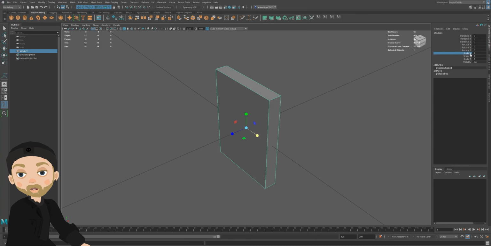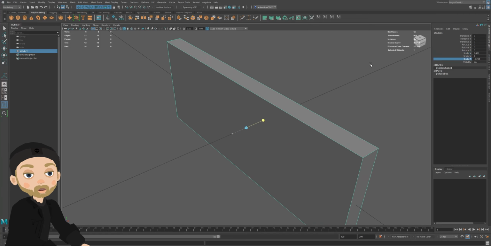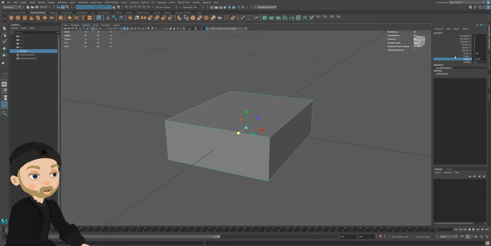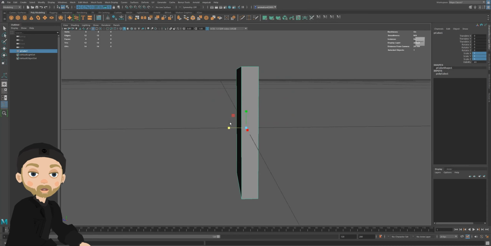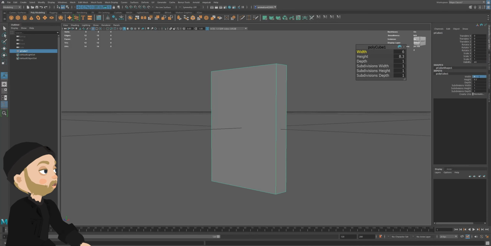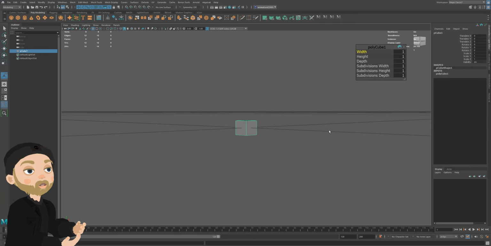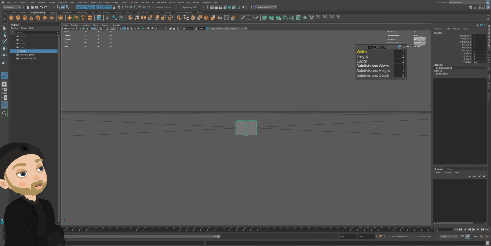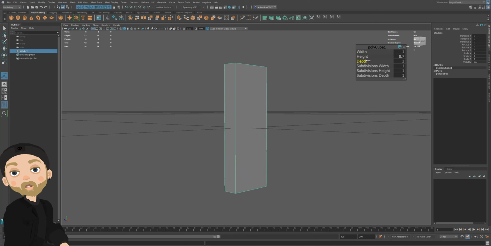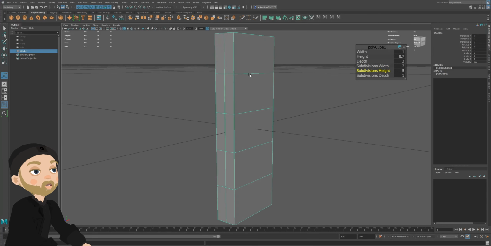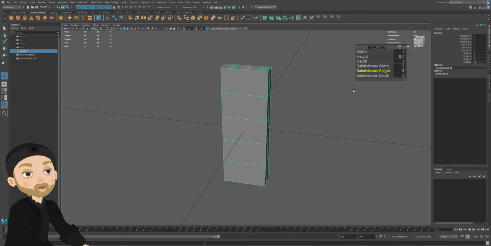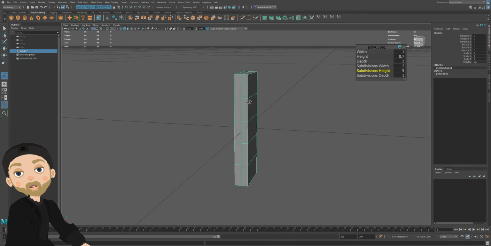So if I was to click on this and change the scale, depth, if I wanted to go back to that shape that I'd made that wasn't just a cube, if I press 1 on all these, it's going to go back to this shape rather than the default cube of 1, 1, 1. So it's good to keep track of, or change these before you start modeling if you need more divisions or different height. The subdivisions here are just a way of adding more cuts into the geometry before you start working with it,